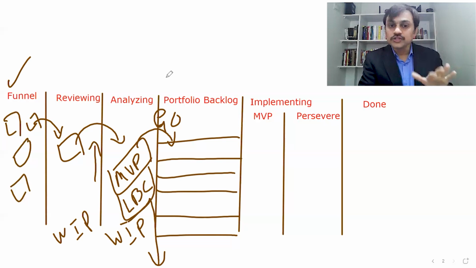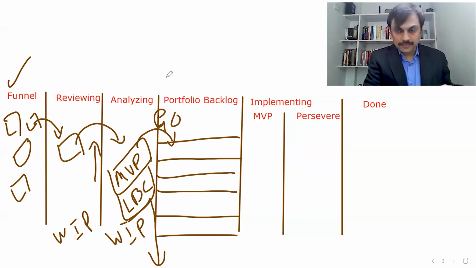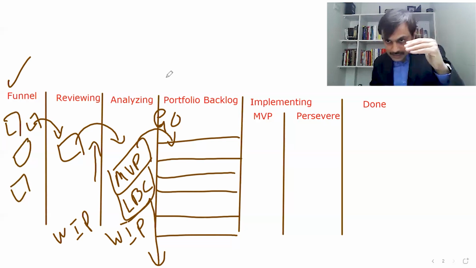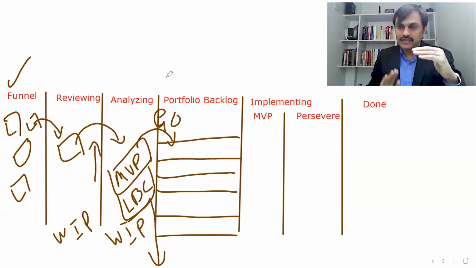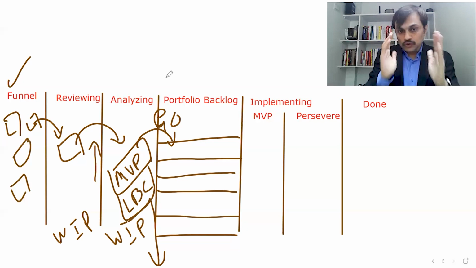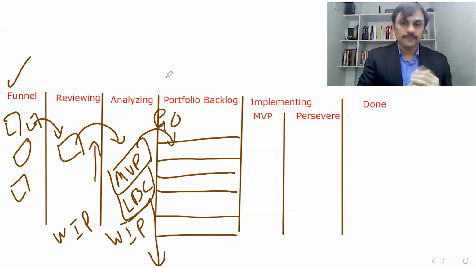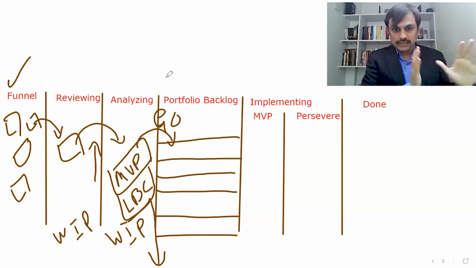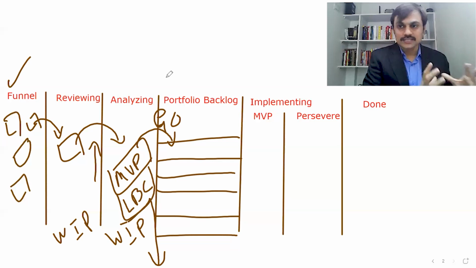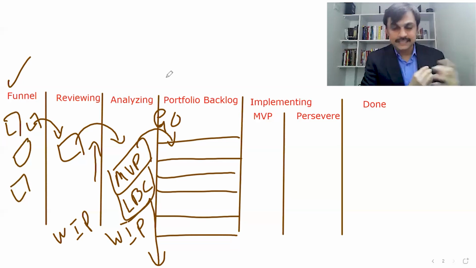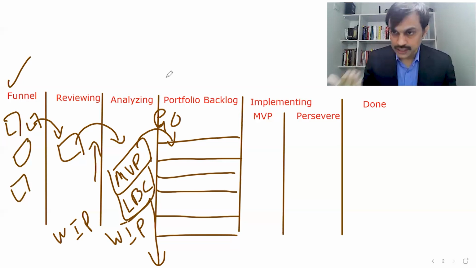So that's a good place to keep the epics until we are ready to take them up. And that's how we also balance capacity with demand, because the portfolio backlog should be sufficient to be implemented with the capacity which we have in a given portfolio. So we put that particular portfolio epic into the portfolio backlog, and that is where the evaluation and approval process in a way gets completed. Now the implementation should start.